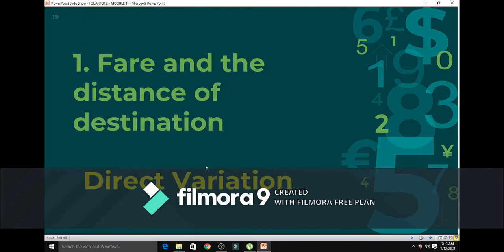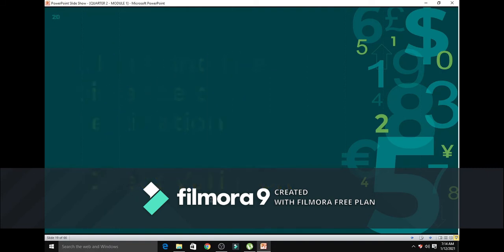Yes. Bakit? Kasi ano nangyayari sa pamasahe pag lumalayo ang iyong pupuntahan? So, tumataas din. So, pag tumaas yung distance of destination, ano nangyayari sa fare? Tumataas din. So, this one is an example of direct variation. Pangalawa,